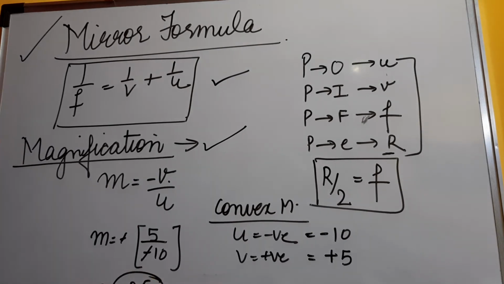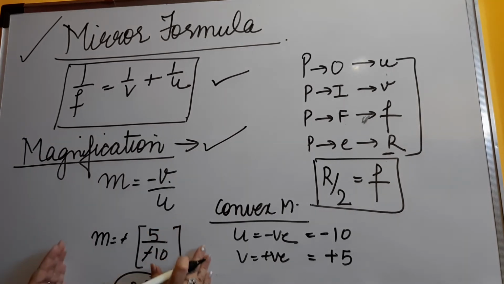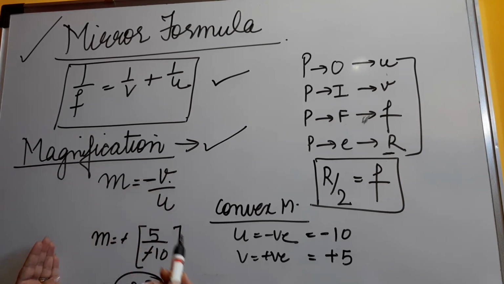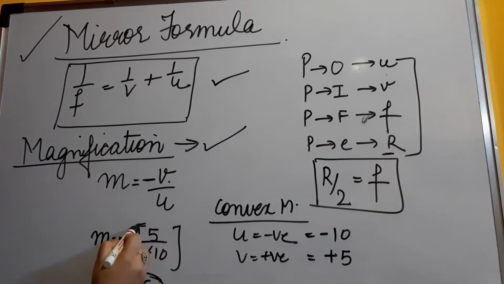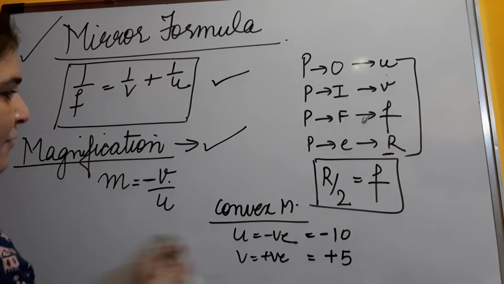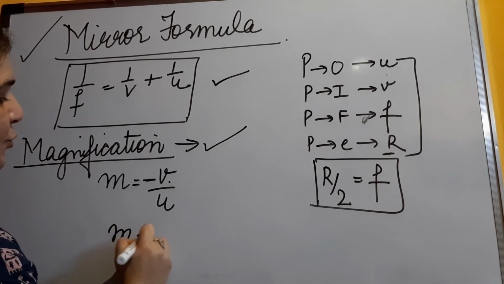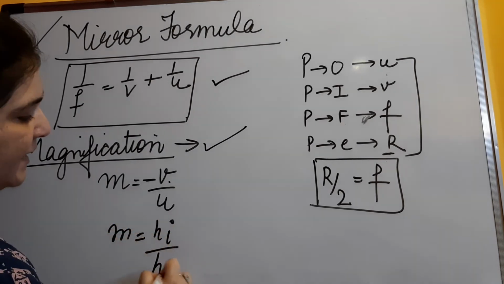0.5. It means that whatever the height of your object was, the magnification of the image that you are getting is 0.5. It means it is diminished as compared to the object that you had taken. I wanted you all to know that this negative sign is common, and you will exclude it from the sign conventions that you use in the formula. So this is one formula for magnification. There is one more formula for magnification, which is m = height of image by height of object.